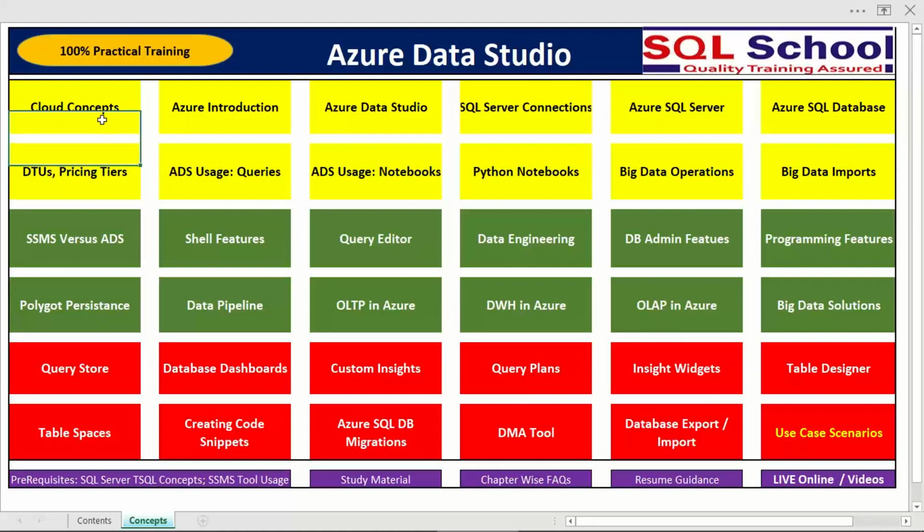We'll start with cloud concepts, assumptions, the prerequisites, SQL Server, T-SQL, and SSMS uses. We'll start from the basics of cloud, slowly step into Azure Cloud, Azure Data Studio,